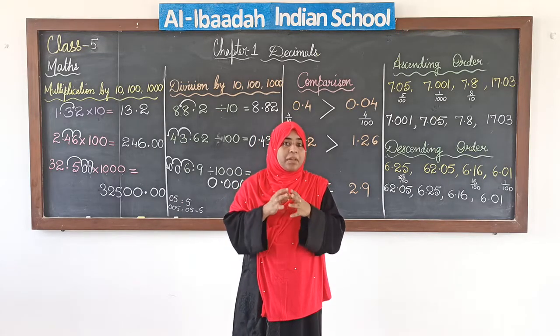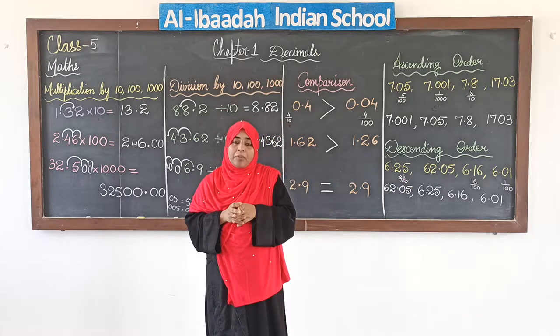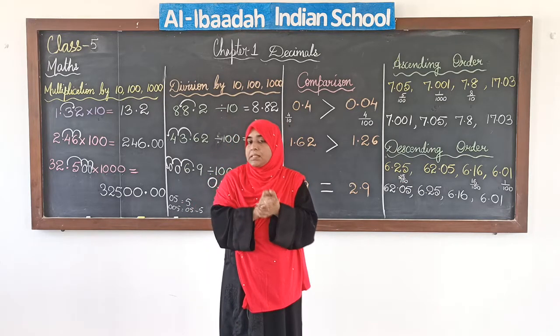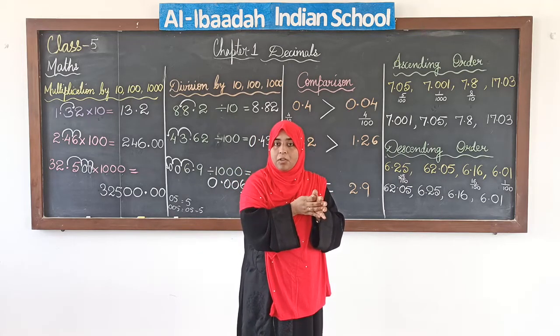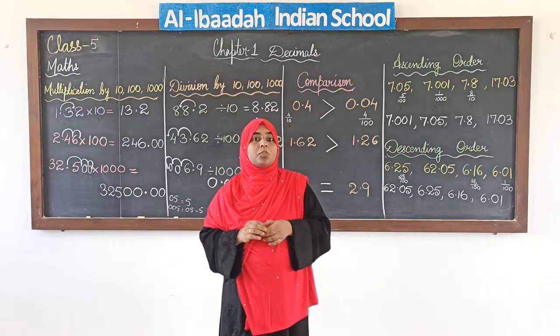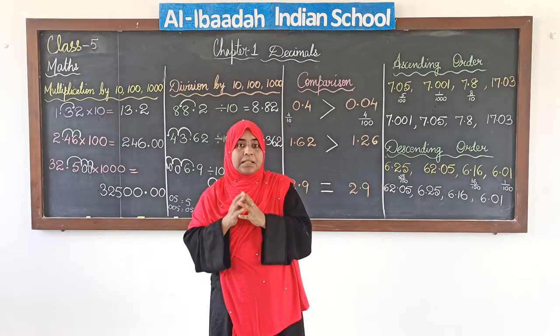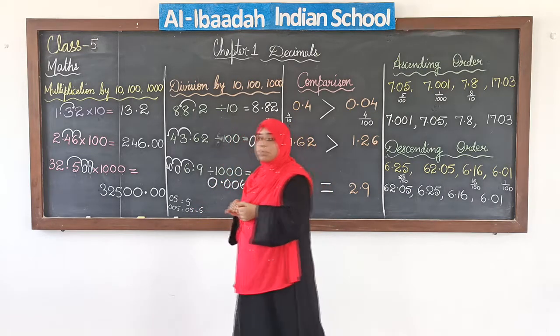Children, you all have to be very careful when you are comparing the decimal part. Okay, you have to see how many parts are made and how much we are selecting or we are taking. Okay, on that basis only we will be able to find whether the quantity or the number is greater or less. Okay, just quickly we will recall what all we have discussed today.